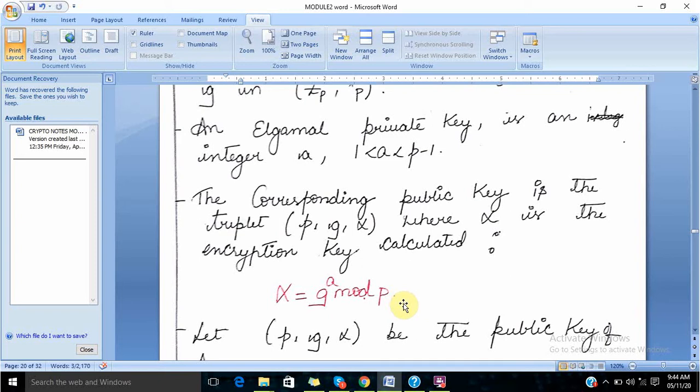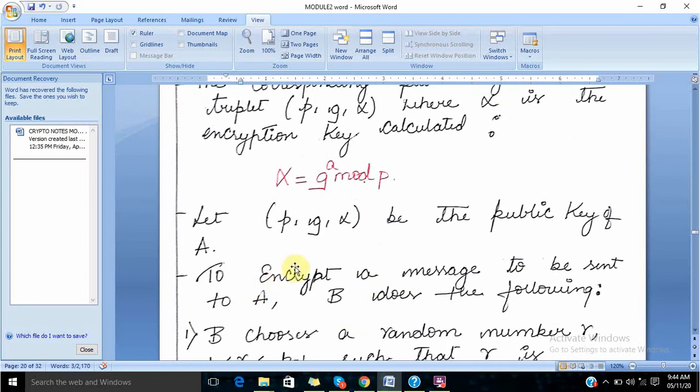So how do we get the formula? Alpha, that is the key, that is the public key. The encryption key, which is nothing but alpha, is equal to G to the power A mod P. It's as simple as that, G to the power A mod P. So in your problem, this is the formula which you need to find first, from which you get alpha. Now next, you will put this alpha in the formula to find the ciphertext. Okay, so that we will see now.